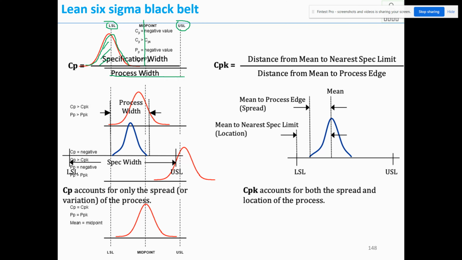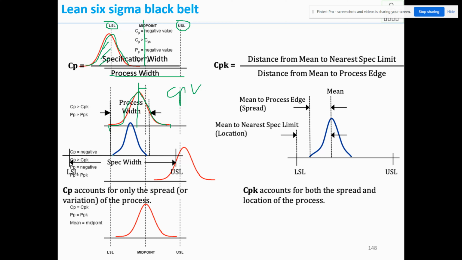And this is the process width, 6 sigma variation. Sorry, not 6 sigma variation. This is the process width, that is nothing but the tolerance. Now in this case, if you see, from LSL towards mean and USL it is spread, but still the process average has a deviation from the drawing average, or the process mean has a deviation from the drawing mean. Here spread is also more, therefore here CP will be less as well as CPK will also be less.